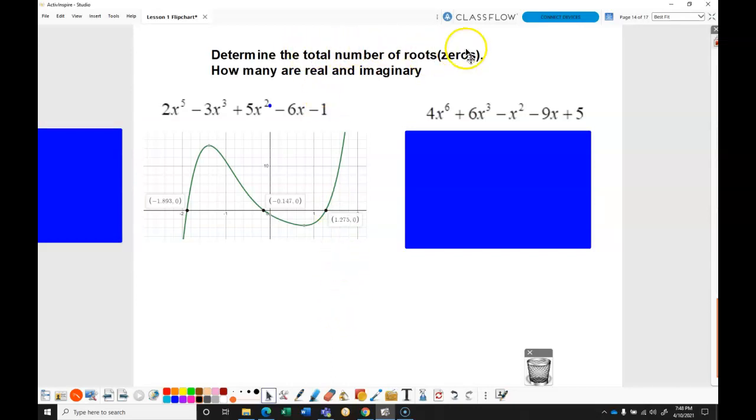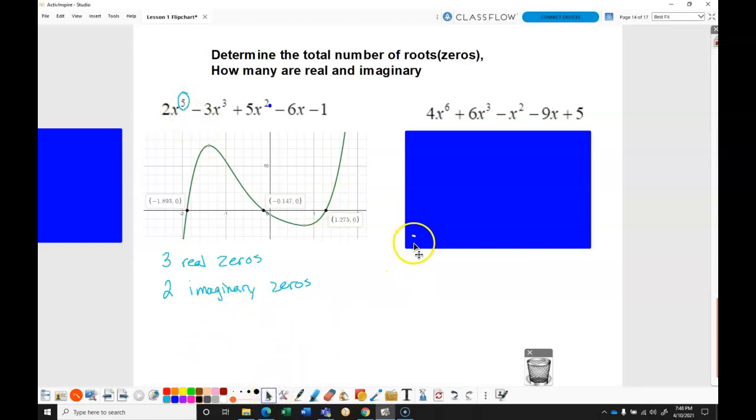The total number of roots or zeros: I'm actually only seeing 3 on this one. I see 3 zeros. And then how many of them are real and how many are imaginary? Well, I have 3 real zeros because that's what showed up on my actual graph here. But truthfully, I was expecting 5. So if there's only 3 real ones, what that tells me is that there are actually 2 imaginary zeros. So when I only have 3 x-intercepts, but I'm expecting 5, the remainder of those have to be imaginary